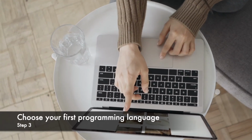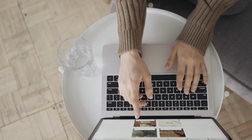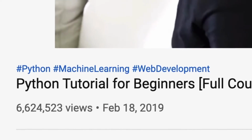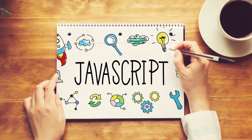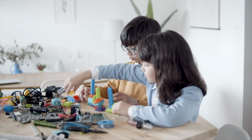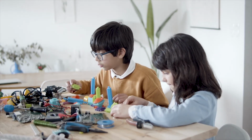Choose your first programming language. When you're new to programming, the first thing you should do is decide which language you plan to learn. There are numerous languages to choose from. There are several reasons you might want to learn a particular language or framework. Maybe you want to make a web app to sell products online, or help build an app that will help your local library. While choosing a language is important, one little known fact about programming is that it's actually easier